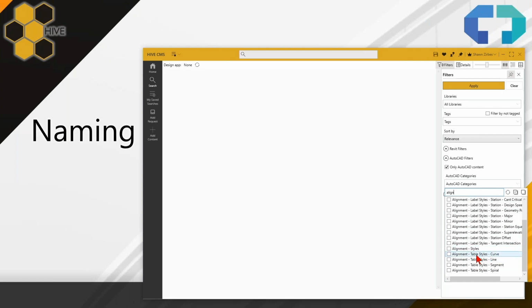Spirals, curves, and whatnot for tables. There's some styles. There's some label styles in the mix here. And I'm going to highlight all of those items. In fact, let's get just these ones here that are specifically around the labels. I could type it all out, but I don't feel like it, so I'm just going to grab the labeling here, alignment labels. So me checking all these boxes, right, it doesn't take that long,